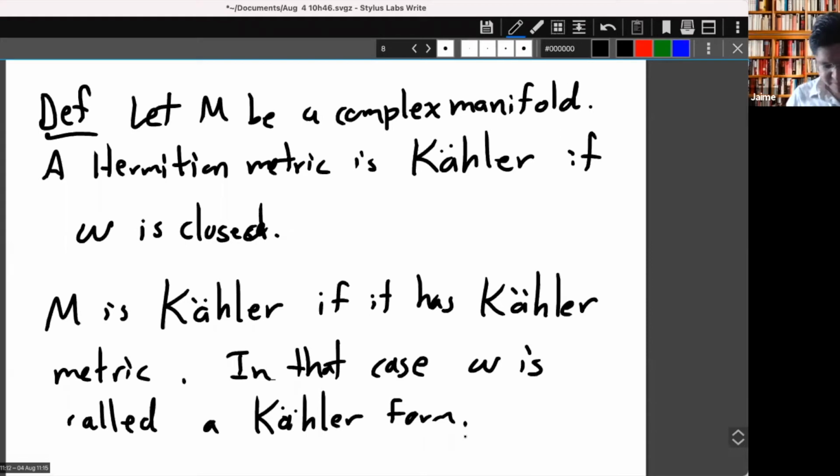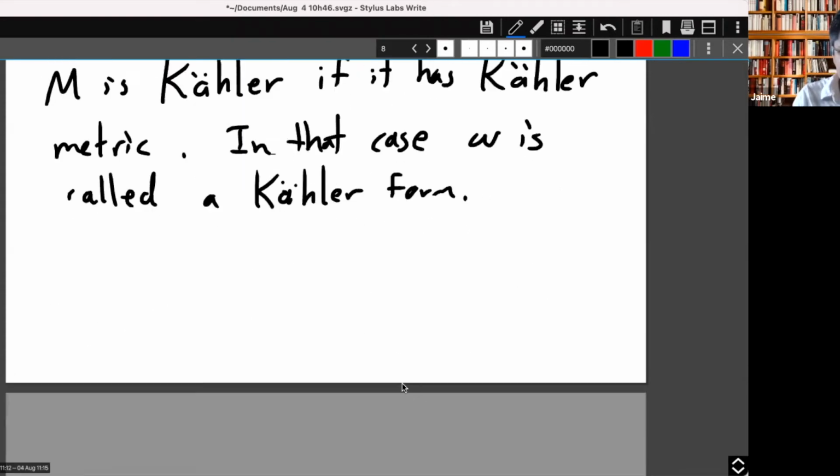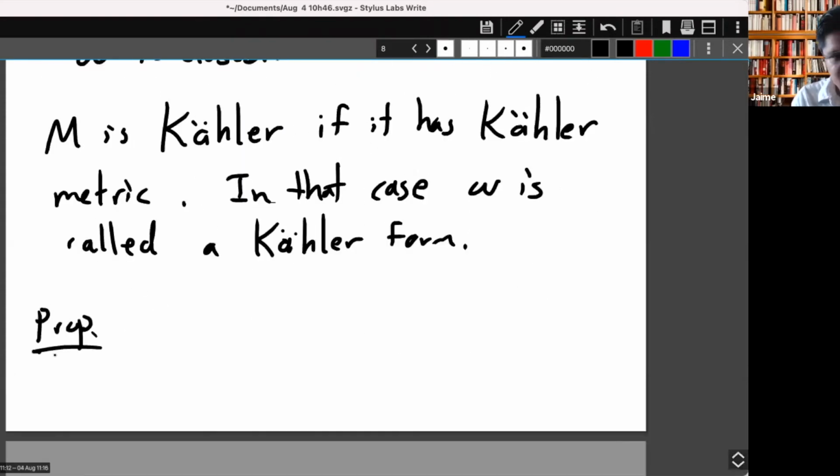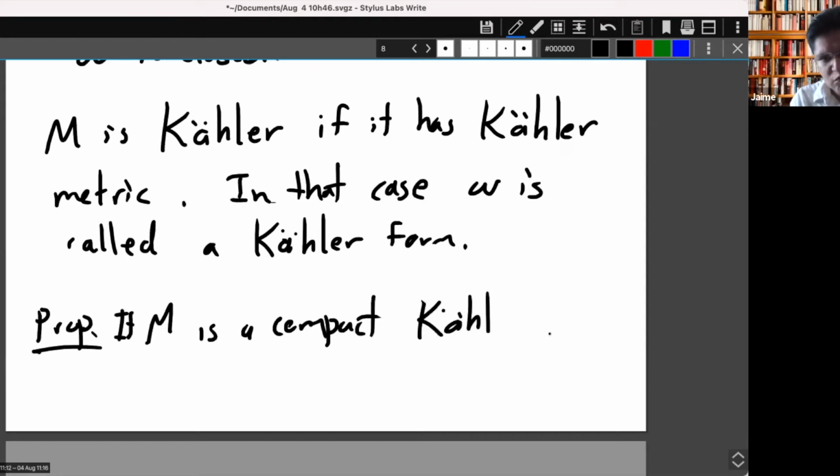So again, what is the order of ideas? You have a Hermitian metric on a complex manifold. You can always assign the 1-1 form, but that doesn't necessarily mean that the form is closed with respect to d, right? So if it is closed, that will be called a Kähler metric. Okay. So one easy consequence of this is, for instance, that if M is a compact Kähler manifold, then